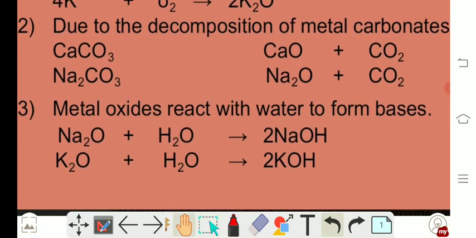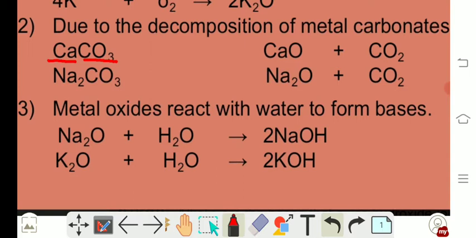Due to the decomposition of metal carbonate, see here, calcium carbonate is metal carbonate. Calcium is metal, and this one is carbonate. When calcium carbonate is heated,